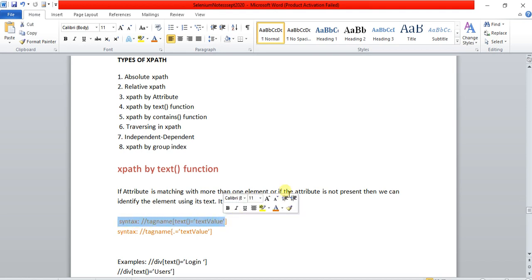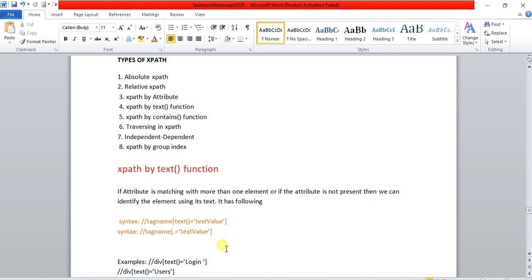While writing the text function XPath, you should be aware of this syntax: double forward slash, tag name, text function equal to text value. One more option is also available: double forward slash, tag name, then a dot, and then equal to the text value.